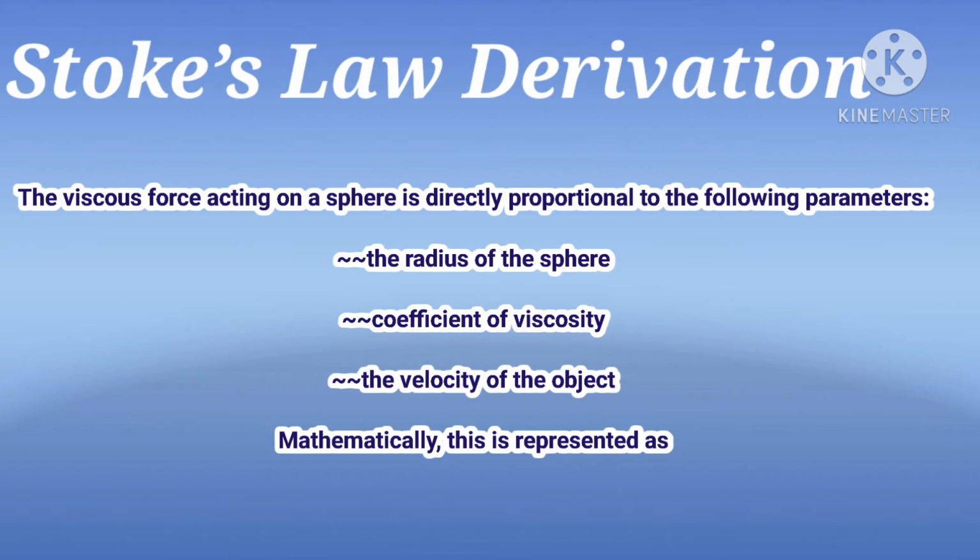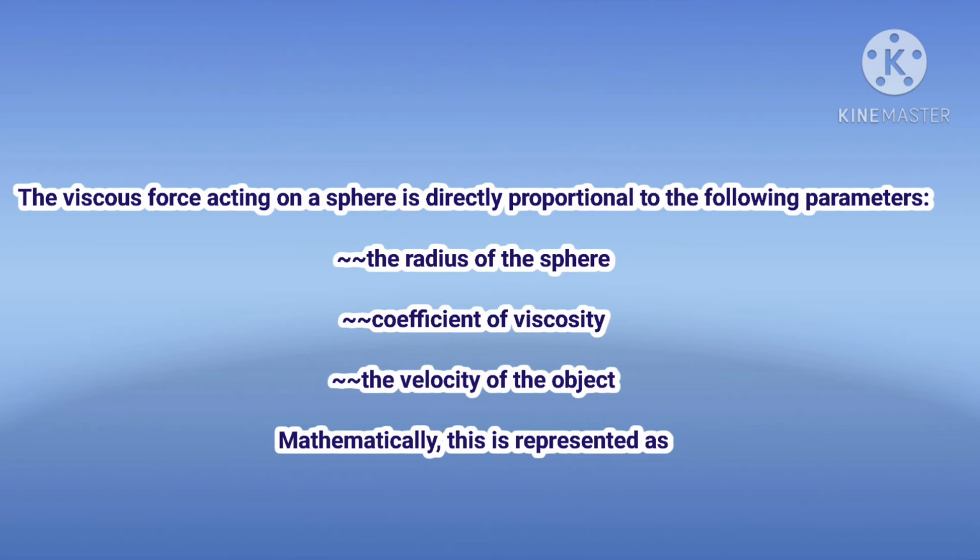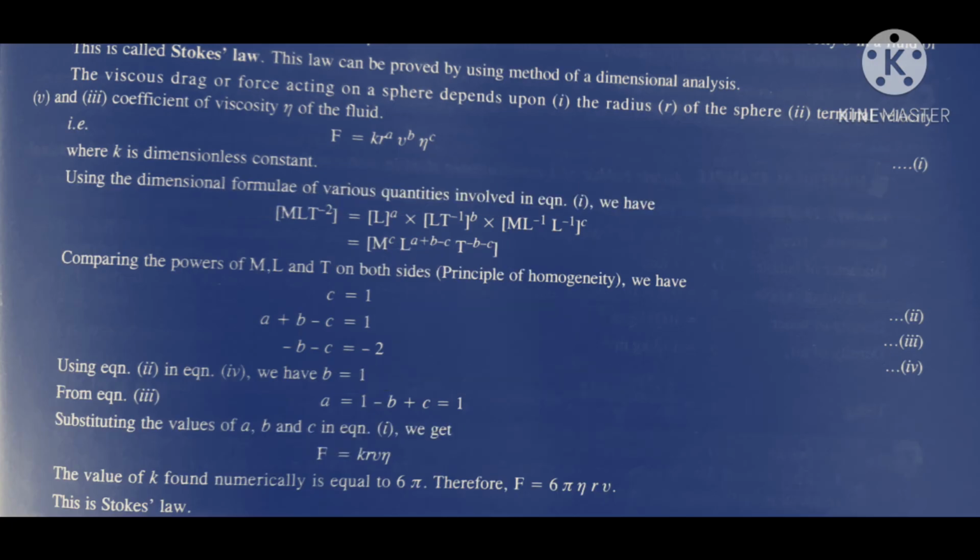Therefore F equals k r raised to power a, v raised to power b, eta raised to power c. Here capital K represents the dimensionless constant. Now we can use the dimensional formula of the various quantities involved in equation number 1. We get